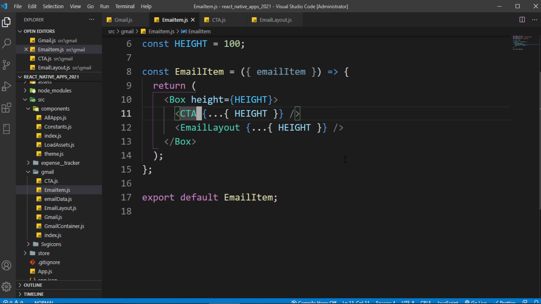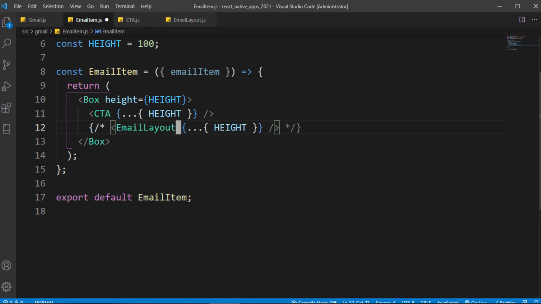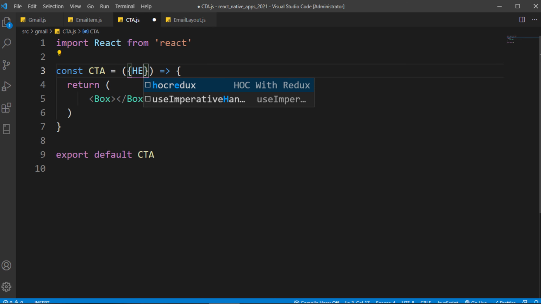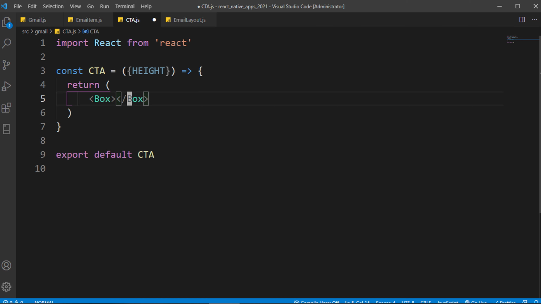So let's just go ahead and work on that call to action. Then we can work on the email layout. So for now, I'm going to comment this out, and we can just go over to call to action. So first of all, you need to make sure you bring in that height we added to it, and here